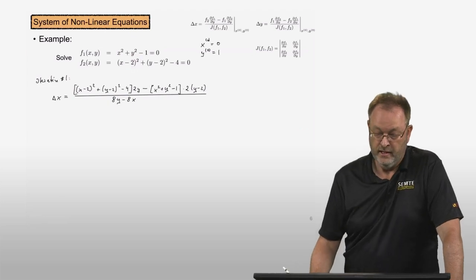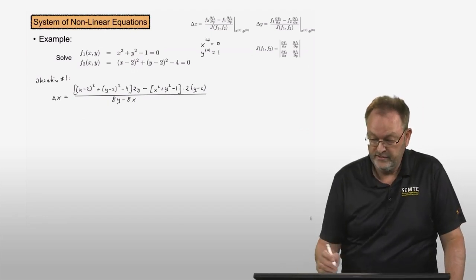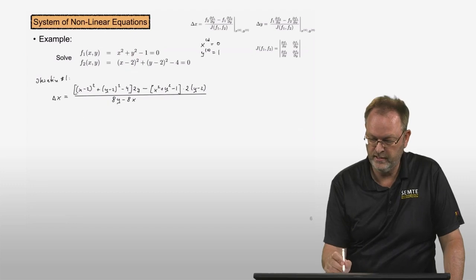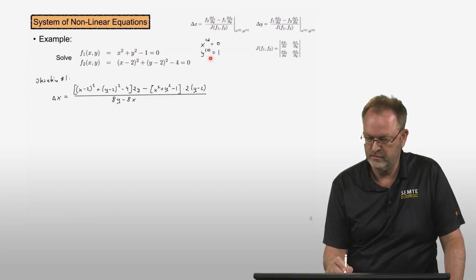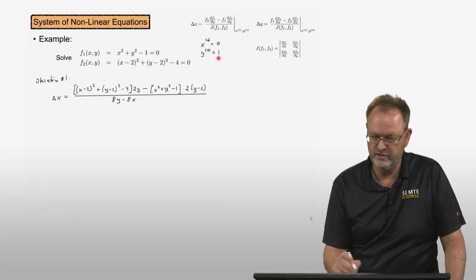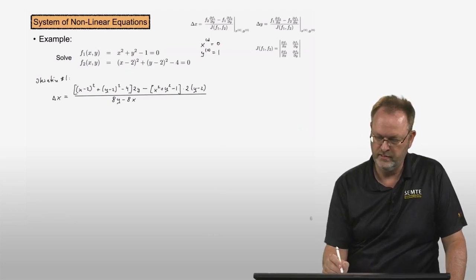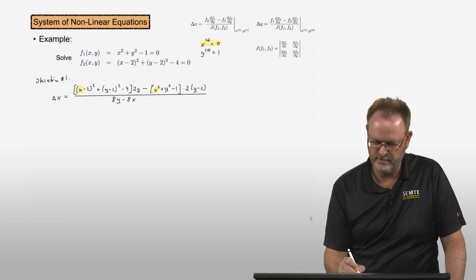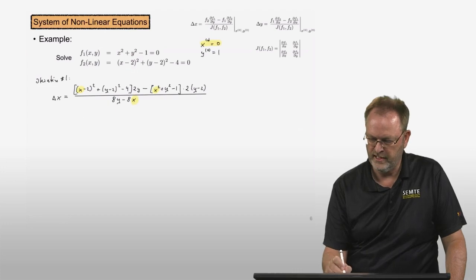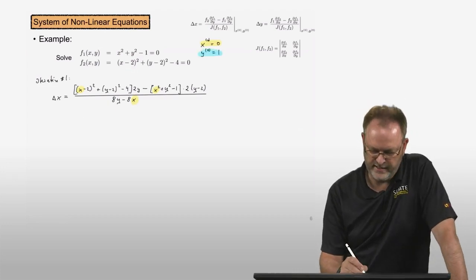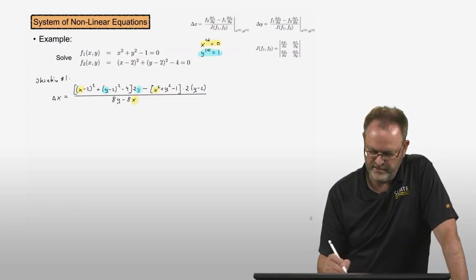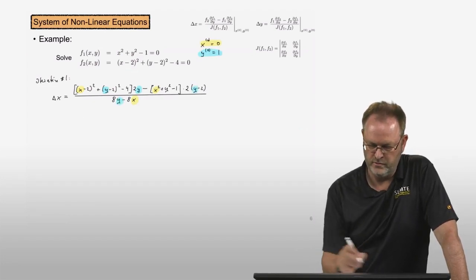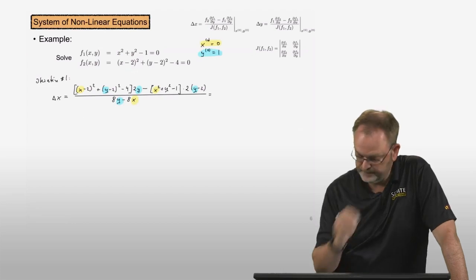Okay. And now what we have to do is substitute in these values, x naught equal to 0 and y naught equal to 1. So let me just mark here any time where there's the x value where I'm going to substitute 0 in. Right, that's all those locations. And the y naught equal to 1 gets substituted in anywhere there is a y value right over there. So let's do this. Let's substitute these values in. So I get